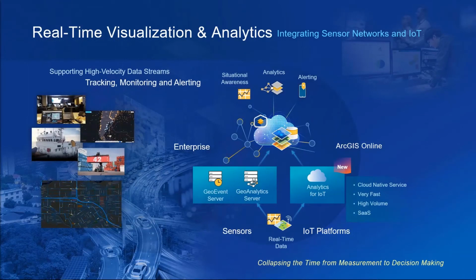Within the ArcGIS platform, Analytics for IoT is a new but key offering for real-time visualization and analytics. Many of you today may be familiar with the real-time and big data capabilities of ArcGIS Enterprise. GeoEvent Server and GeoAnalytics Server are two of the primary products in Enterprise that allow you to bring in and analyze voluminous data streams. Analytics for IoT is the parallel to those products in the cloud. So it has GeoEvents capabilities for real-time incident detection and alerting, and GeoAnalytics capabilities for big data summarization and pattern analysis. And again, the key differences here, other than being a cloud-native service, are the speed and volume and the reduction in complexity and maintenance as a SaaS product.